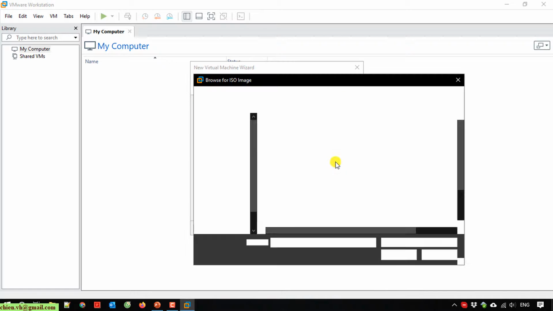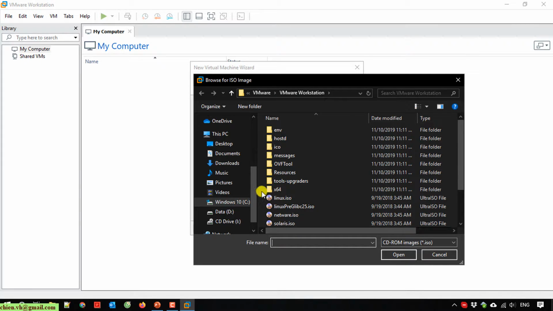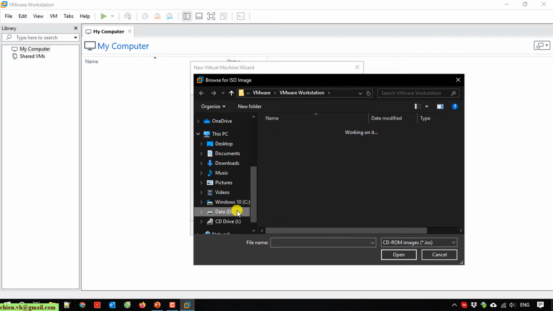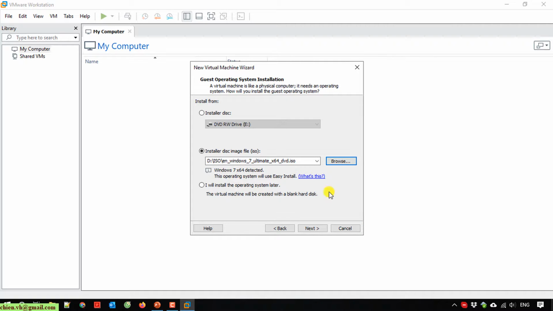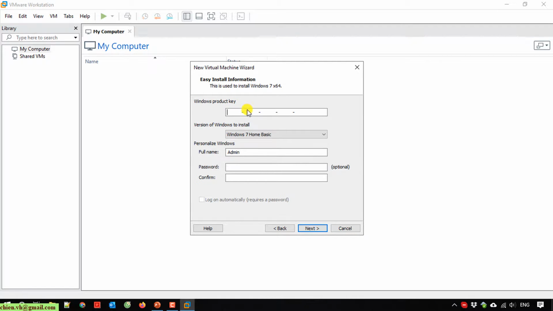Here you have to prepare the ISO file of Windows. I have the ISO file of Windows 7, and after I browse to the ISO file, it will display that Windows 7 64-bit is detected. On this screen, you have to provide the Windows product key, select the Windows version you want to install on the PC, and provide the personal Windows